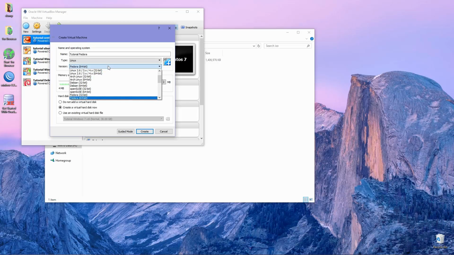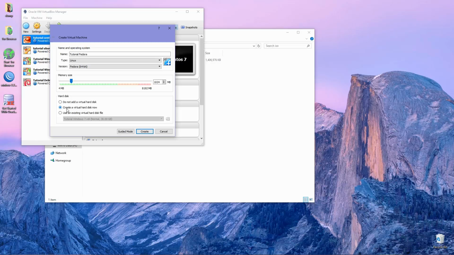If you have a 32-bit Fedora installation ISO, then you must select Fedora 32-bit. For memory size I leave it at default, but you can add more if you want. For this tutorial I just use the default of 1 gig.